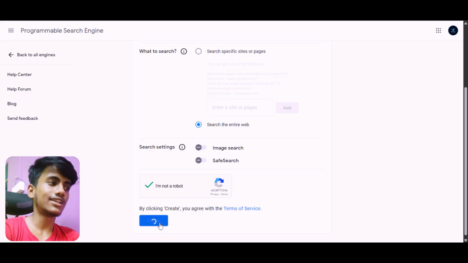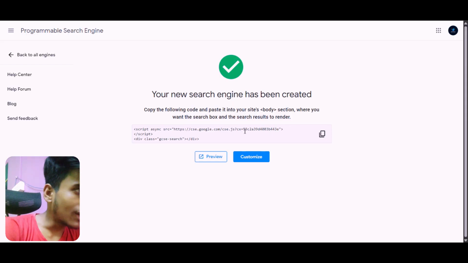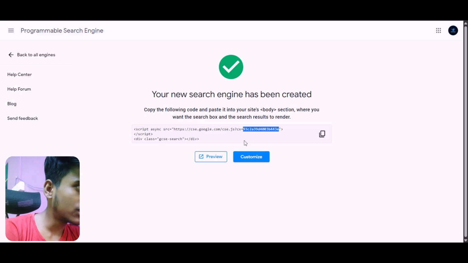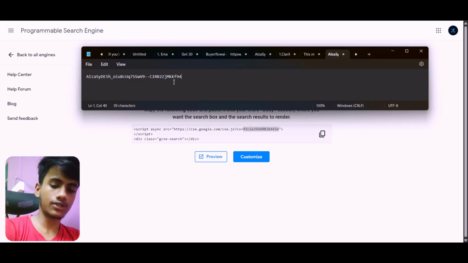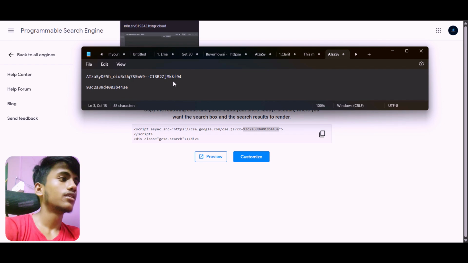Then you need to hit create. After that, it will give you a link where you need to copy this CX value, right? So you need to copy it, not the entire thing, just the CX value. CX equals to the value, right? And then you need to paste it in the notepad again, right?